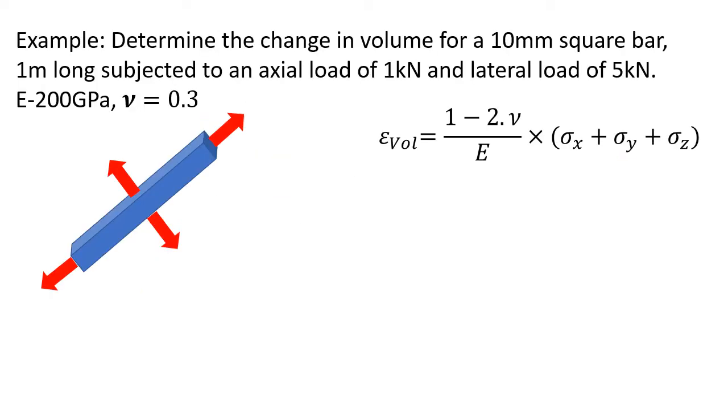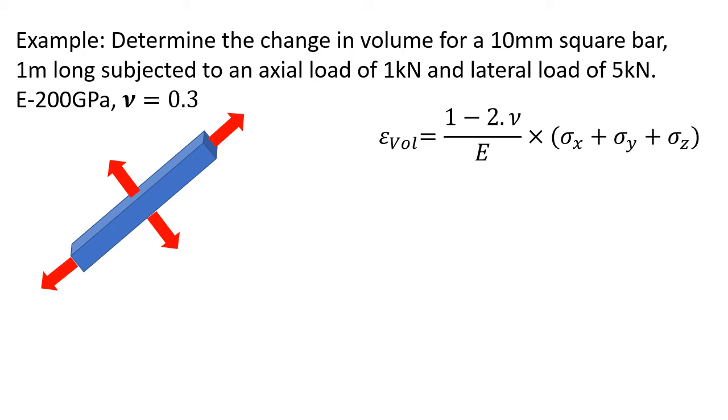In this example then, we have the same component as we had on the previous example, a 10 millimeter square bar. It's a meter long, but in this case now we have an additional 5 kilonewton load in one of the lateral directions, so we'll probably call that y direction. So remember the